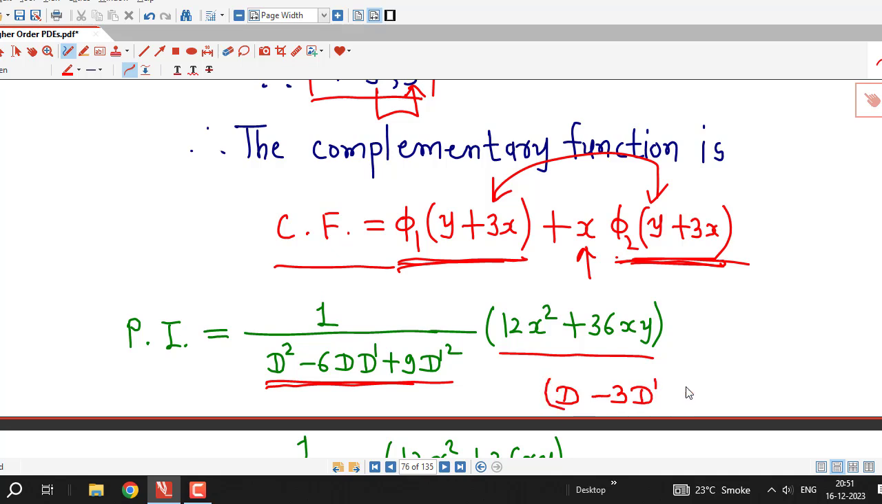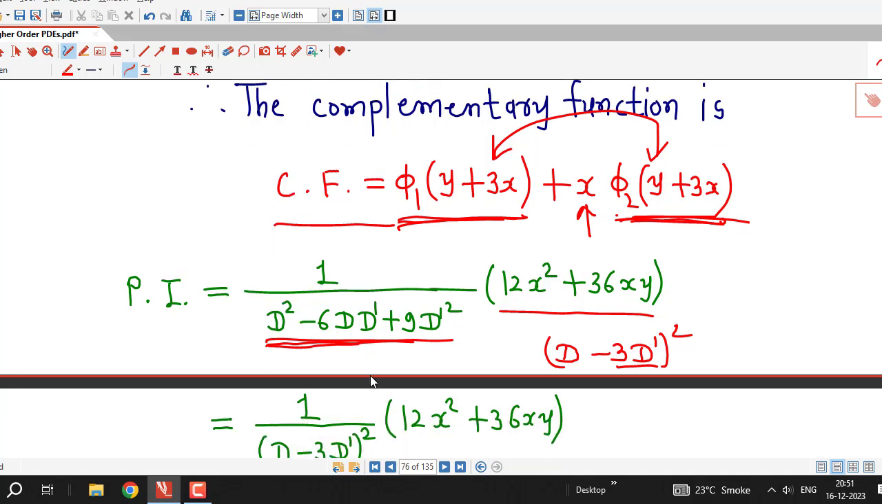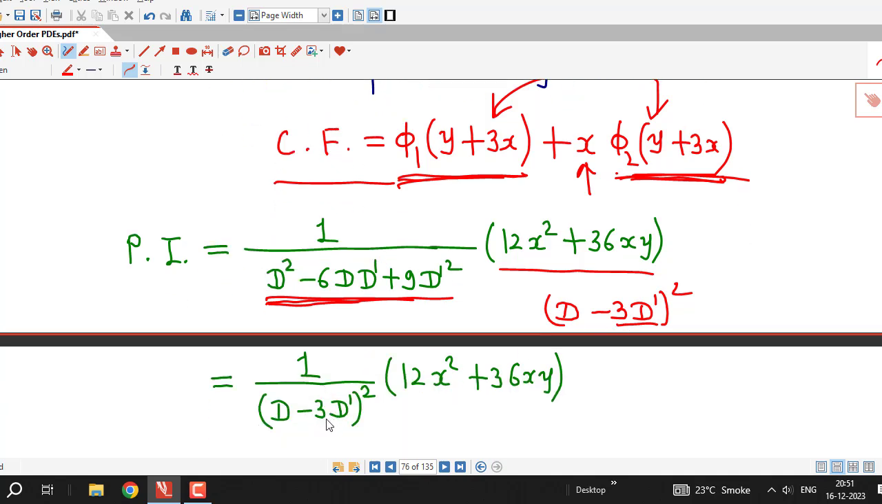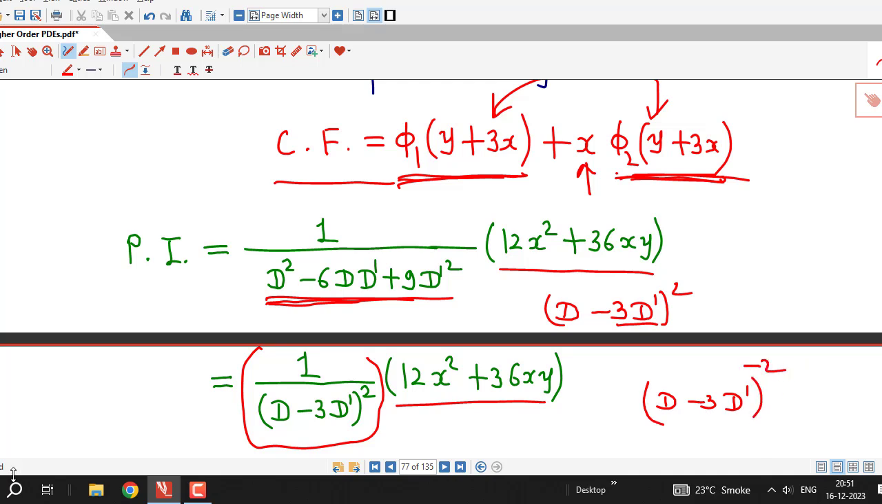If I take the square of this, then I will have D squared minus 2 into 3 into D D dash, that is minus 6 D D dash, plus the square of 3 D dash, which is 9 D dash squared. So I can rewrite this as the square of D minus 3 D dash, operated on 12x squared plus 36xy. Now this quantity I can rewrite as (D minus 3 D dash) to the power minus 2,